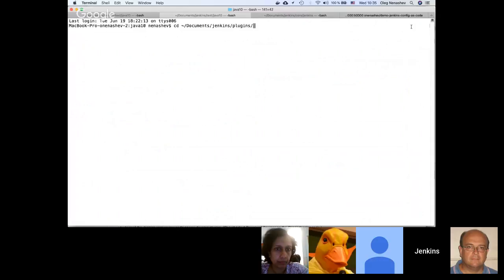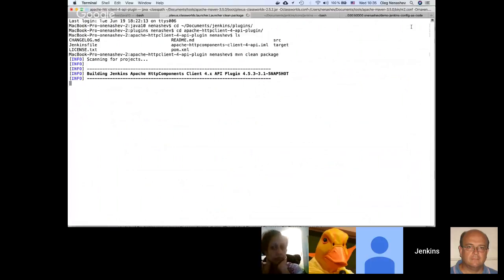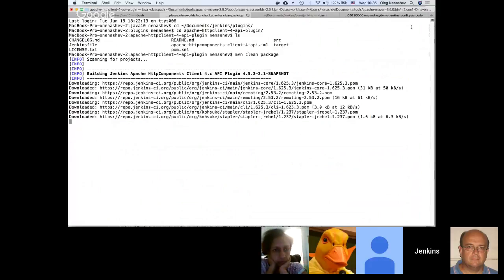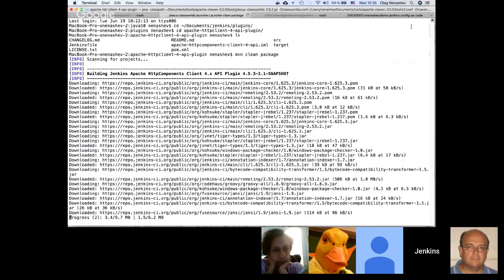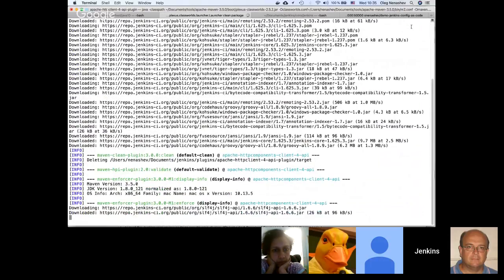Okay, let's take something like that. So if I want to build it, I just say Maven clean package, and that's it. In order to build plugins now, you need Java 8. If you want to build with JDK 10, there are ongoing patches during this hackathon. So far, the flow is not ready.